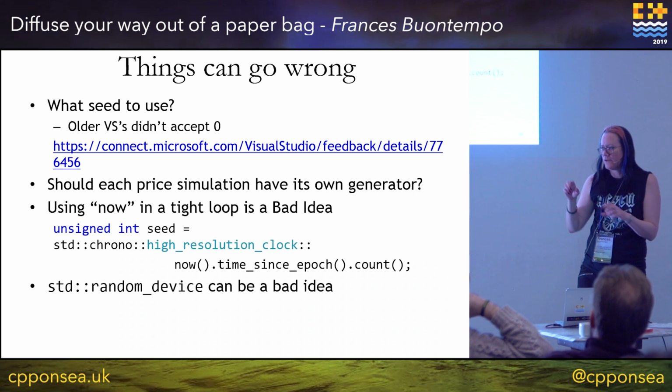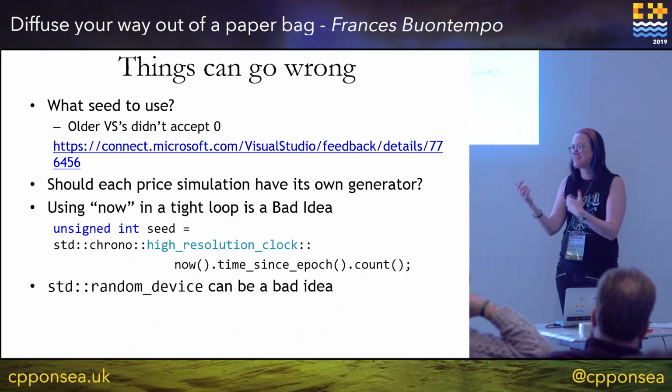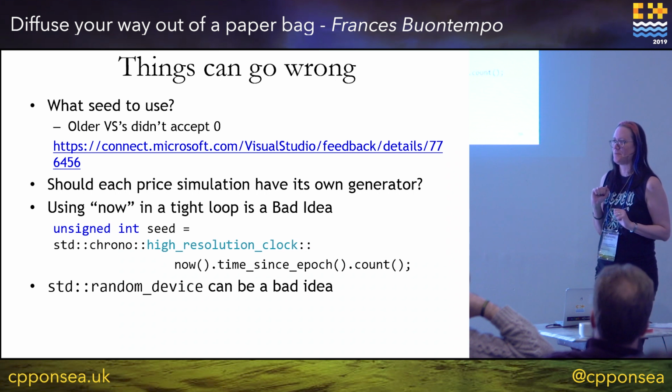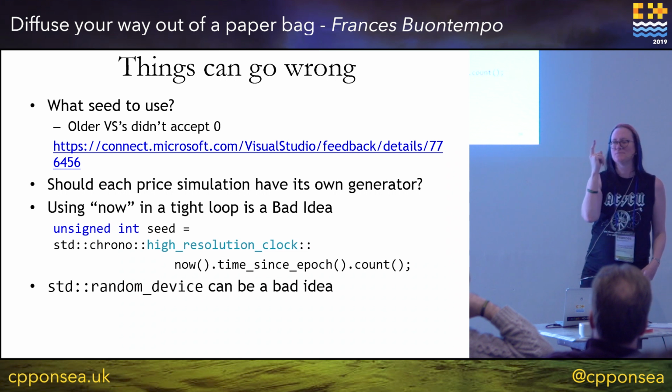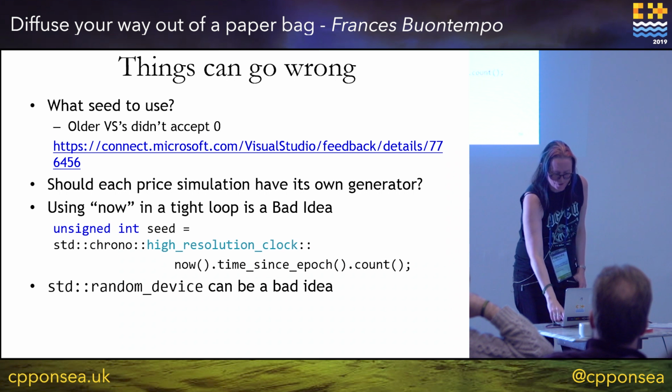And if I'm going to do a simulation of like 10 stock prices, instead of using random device, sometimes people use the current time. If you do that in a tight loop to set things up, you might spend 10 minutes going, why are all my stock price simulations identical? Oh yes, I put the same time into each of them. So there are lots of ways of things going wrong.